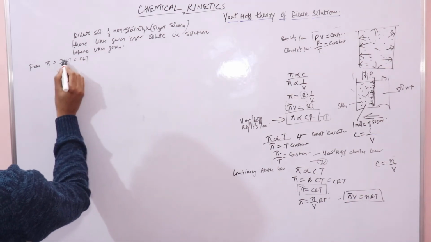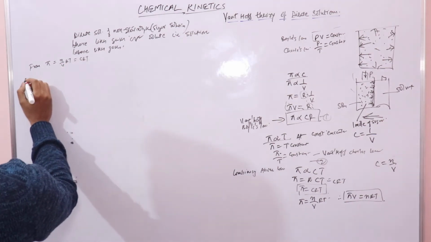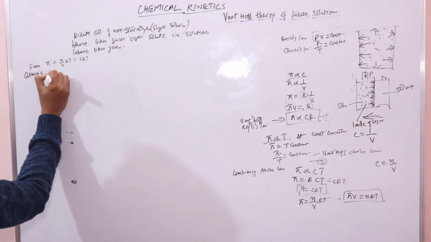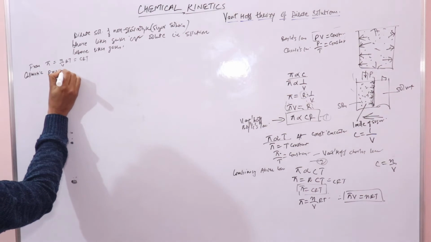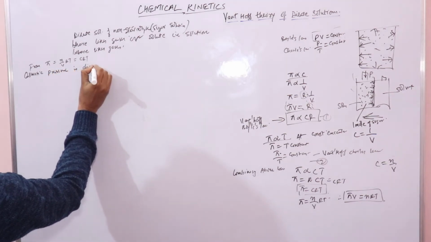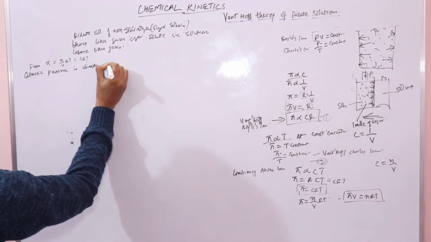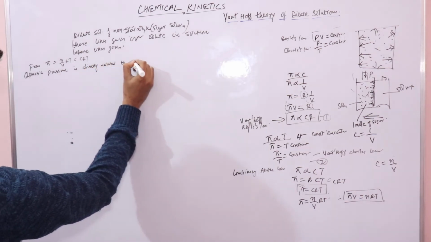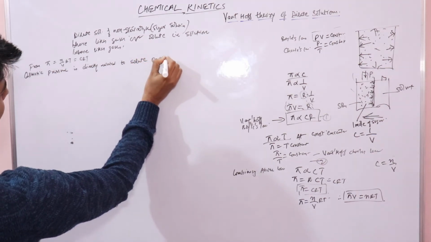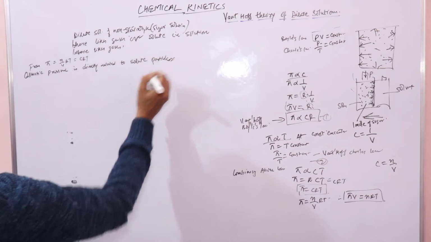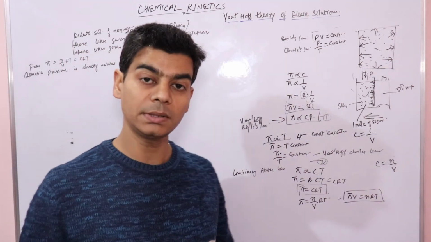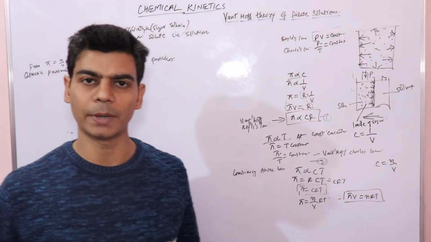From here we can see that osmotic pressure is directly related to solute particles, right? So colligative properties, we know, are those properties that depend on the number of solute particles, and